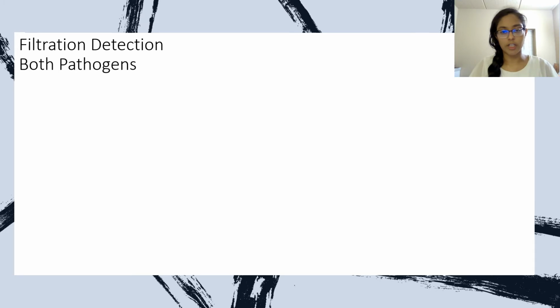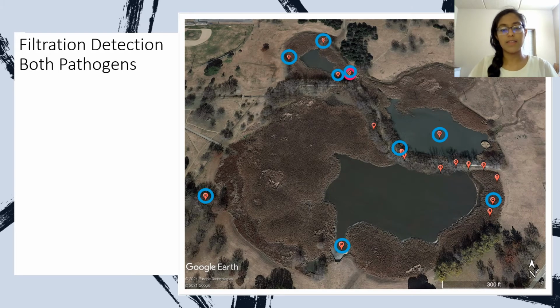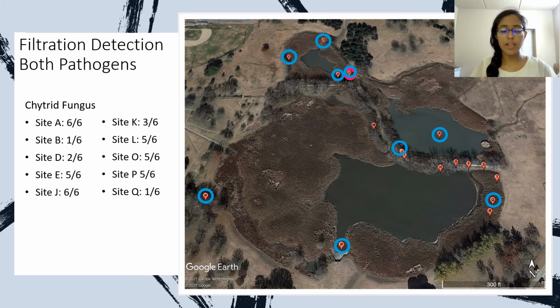Next, we'll look at the filtration method. Again, we can see on the map that positive detections of chytrid fungus are denoted in blue circles, and locations of positive detections of ranavirus are denoted in pink circles. Just by looking at the map, we can already see that there's a difference in the number of detections of each pathogen. Chytrid fungus was more prevalent and was found at more sites, and was also found in more